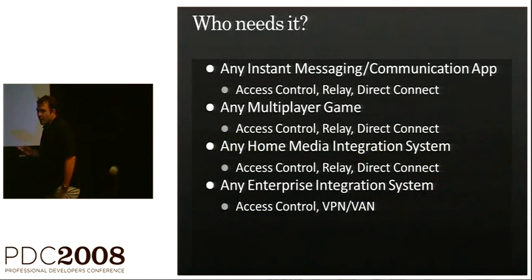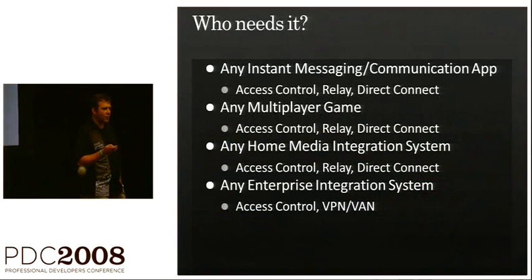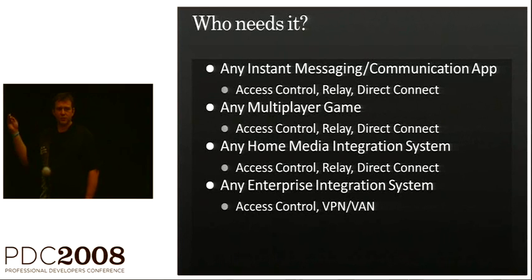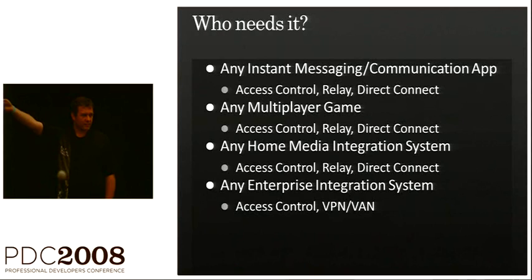Who needs bidirectional connectivity? Who needs to have a way to talk to an endpoint that's sitting somewhere out on the internet? Practically every interesting app that is not a web app. Practically any app that's not hosted somewhere in some hosting facility and responds to web requests. If you want to do peer-to-peer connectivity, if you want to enable the mobile workforce with more than just HTTP and HTTP polling, you need this.